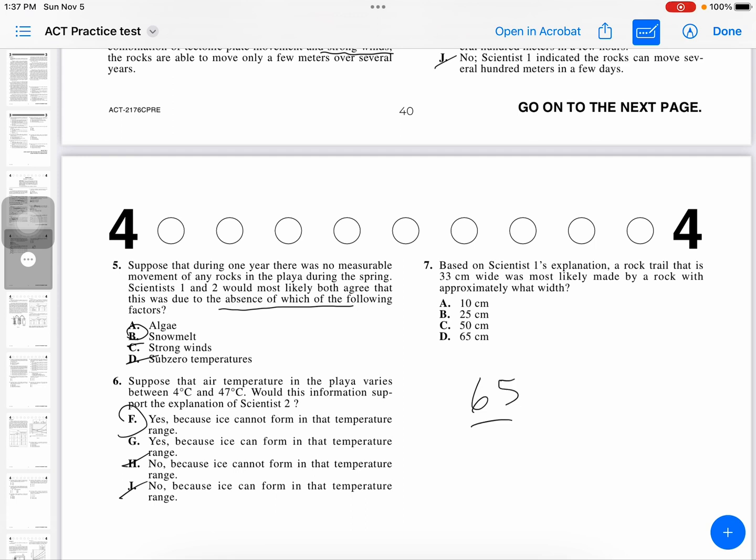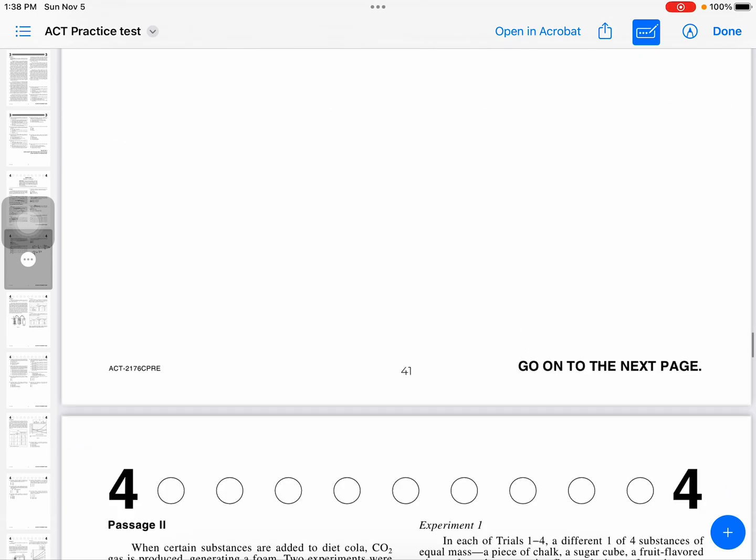65 times 2/3 is going to be like 130 over 3, which is going to be greater than 40. So no, 50. 150 over 3 is approximately 30. It's close enough to 33, so that's our answer there. Next,